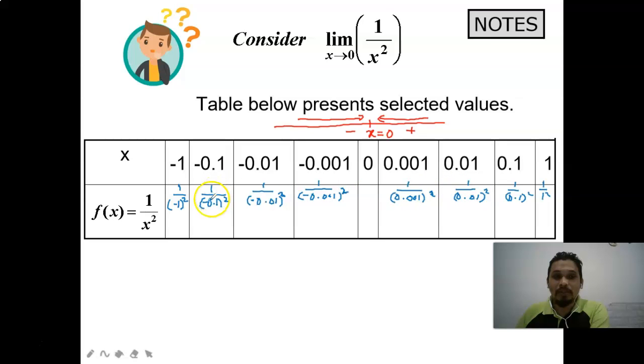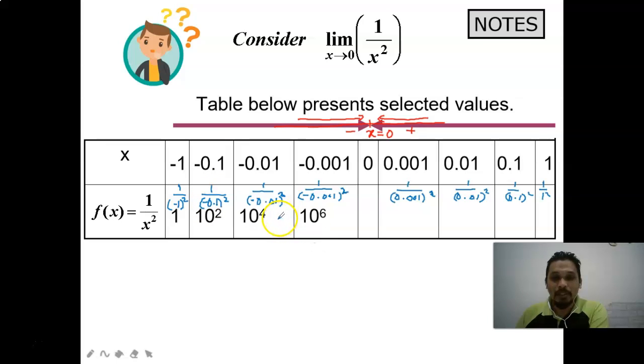So let's see the pattern of f(x) when x approaches 0 from left and right, starting from the left side here. Negative 1 squared equals 1, so 1 divided by 1 equals 1. Then next is negative 0.1 squared equals 0.01, and 1 over 0.01 is 10 squared, then 10 to the power of 4, and 10 to the power of 6. And also when coming from the right side,